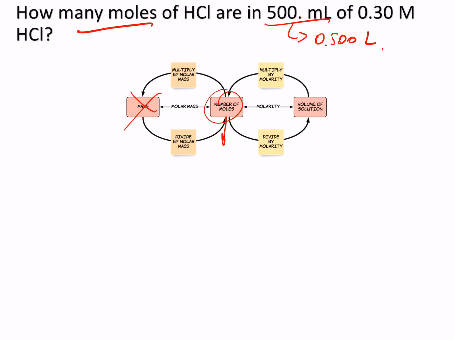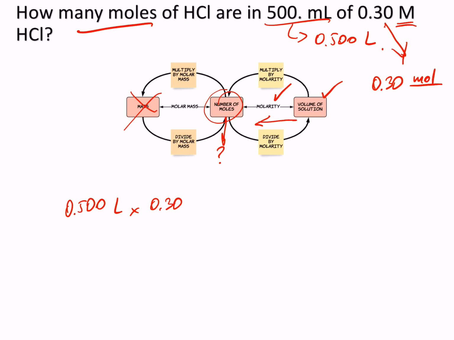We have the volume, we have the molarity, we are going in this direction, so we have to multiply by molarity. So we have the volume 0.500 liters times 0.30. Molar means 0.30 moles per liter, so that's what I'm writing here,